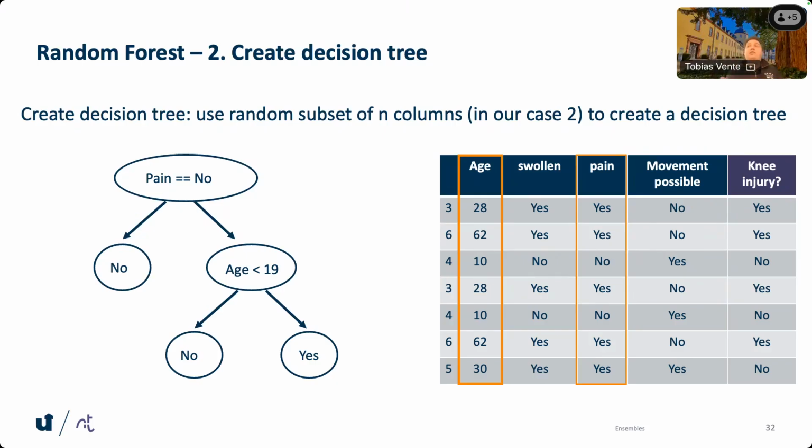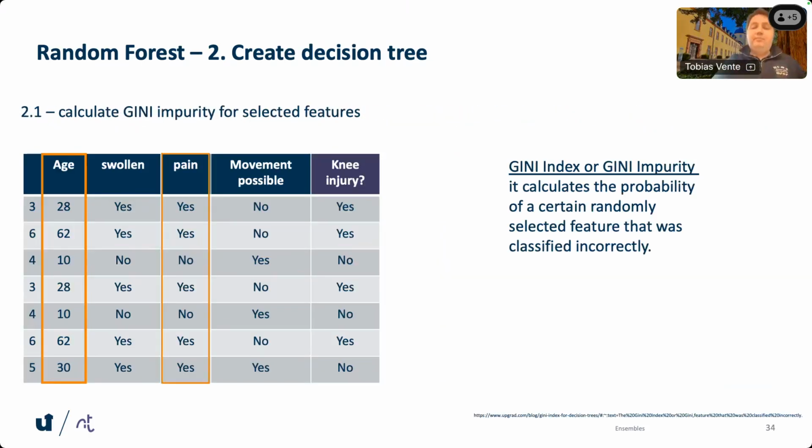But if we just have the data, it's not easy to see, and it's not feasible to plot the data every time and then let a human come in, or someone that works on visual computing, build a whole other model just to see how the data could be split. So what we are doing is we use the GINI index, or the GINI impurity. And this index basically tells us how good a certain feature is to split the